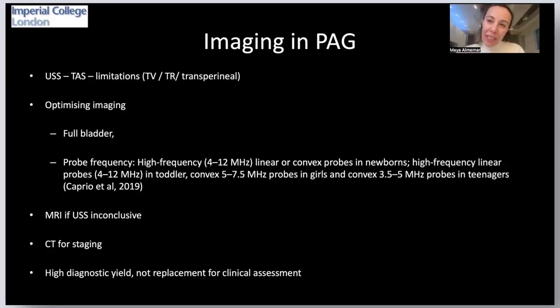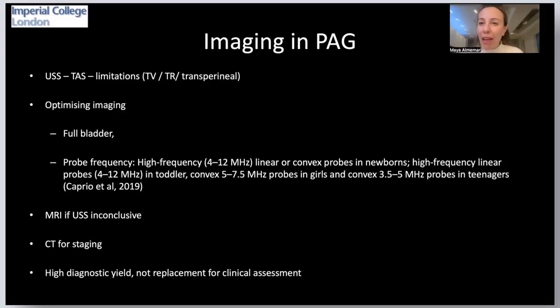In the majority of cases in pediatric and adolescent gynecology, we're probably going to use a transabdominal approach, and this will give us most of the answers that we're looking for. However, we know that particularly for pelvic imaging, and particularly as young women become adolescents, it's most reliable to use transvaginal or transrectal imaging. Of course, you can also apply transperineal imaging. The challenge with transvaginal and transrectal imaging in this cohort of patients is that it's not always acceptable in young people, but also sometimes it's not something that they would want us to do.